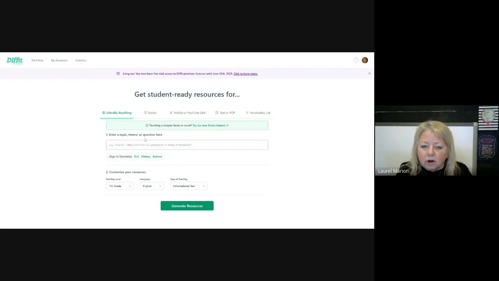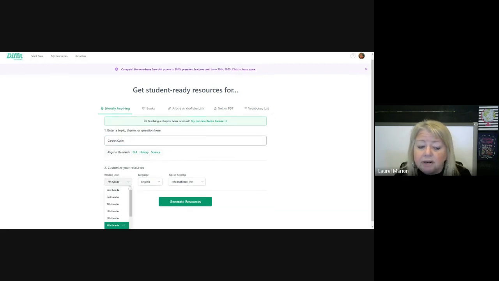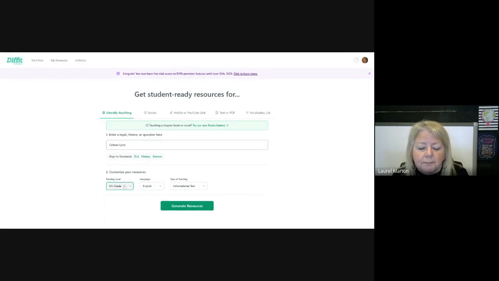And so I'm going to start by saying, in number 1, I'm going to just enter a topic. And so I'm going to use the carbon cycle. And below that, I could align it to the standards. I can customize it by reading level. And I think that this is a 6th grade standard, leaving it in English language and leaving it informational text. And when I click generate resources,